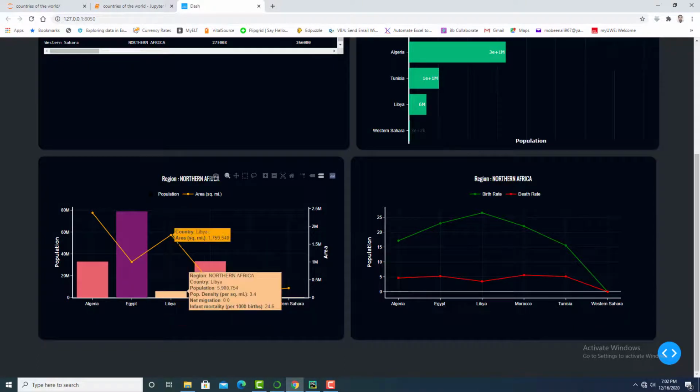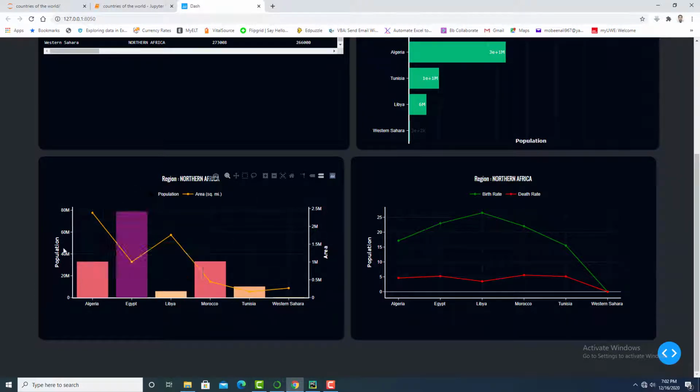I have used a line chart for the secondary axis and a bar chart for the primary axis. This secondary axis displays area for each country, and this primary axis displays population for each country.